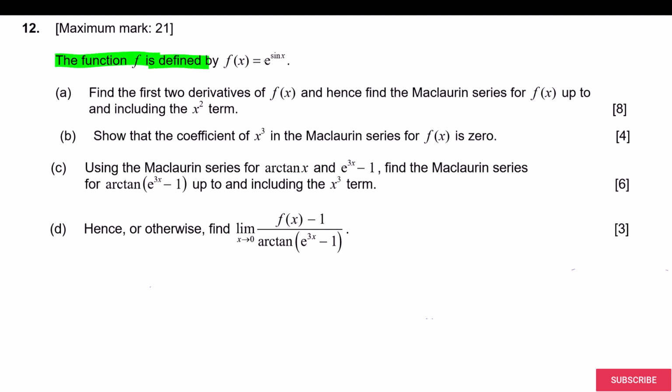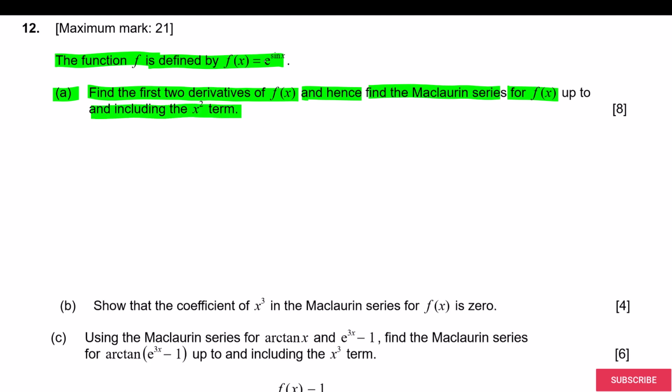The function f is defined by f(x) equals e to the power sin x. Part a is: find the first two derivatives of f(x) and hence find the Maclaurin series for f(x) up to and including the x squared term. So here first of all we'll find the first two derivatives. f(x) is given as e to the power sin x, and hence f prime x is going to be, first of all it is an exponential function, so e to the power sin x becomes e to the power sin x, and then we'll multiply by the derivative of sin x,